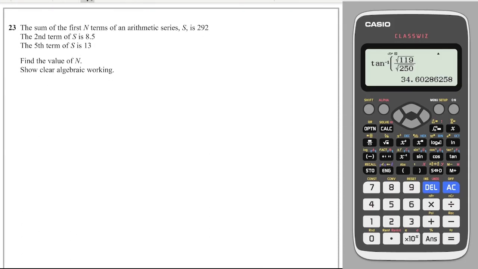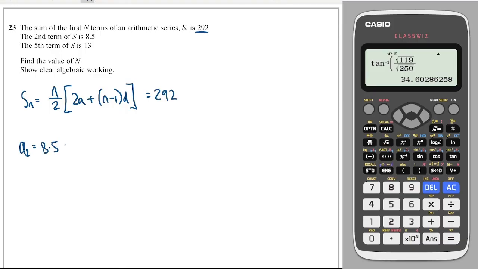Okay, a sequence question, and it's given me the sum, and I know the sum formula. It's in my formula booklet. It's n over 2, 2a plus (n minus 1)d, and I'm told that's equal to 292. But it hasn't told me the value for n yet. Okay, it tells me that the second term, A2, is equal to